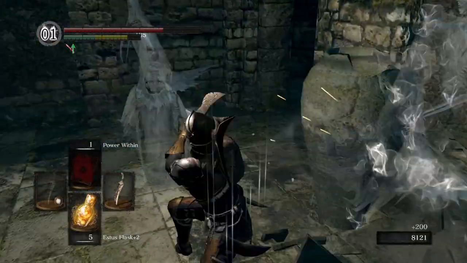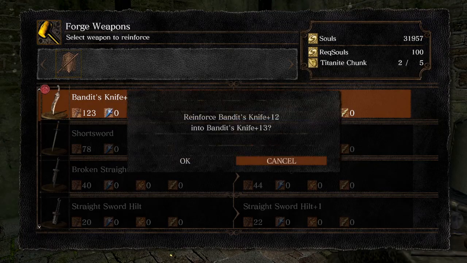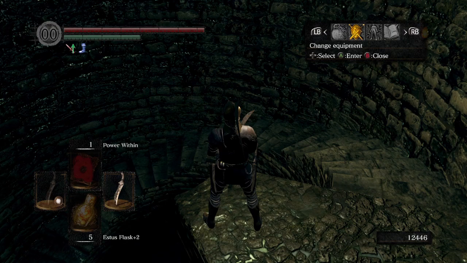I do some ghost busting in New Londo Ruins, then grab the very large ember. Up to this point, I've been getting as many Titanite chunks as I can, so I'm able to get the Bandit's Knife to plus 15 straight away. I put on the full brass armor set for the 4 Kings, then...